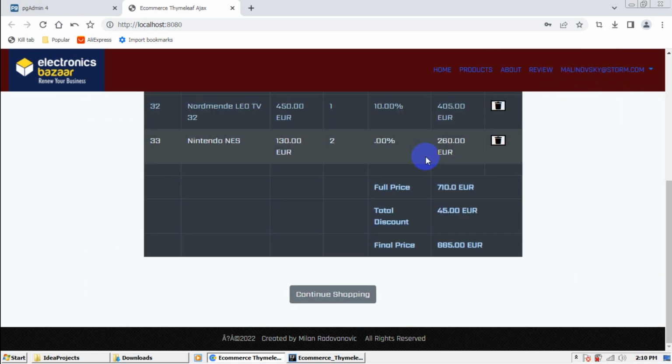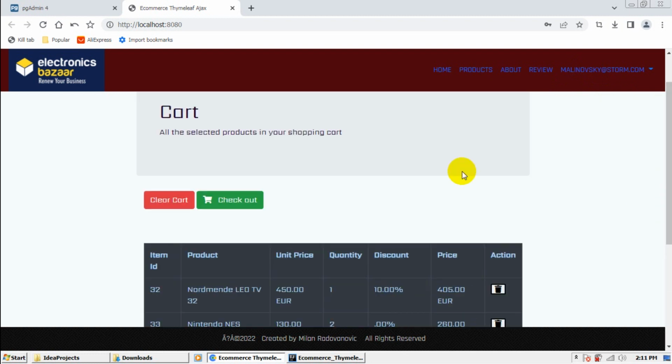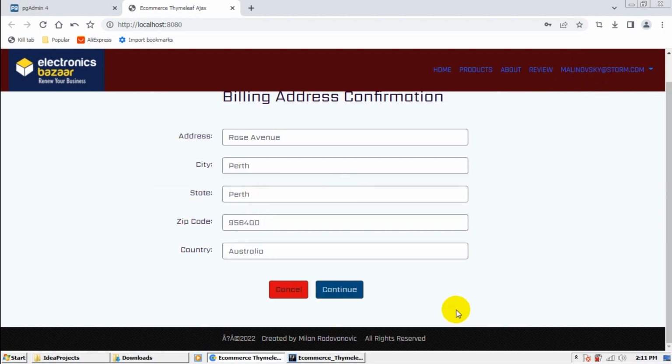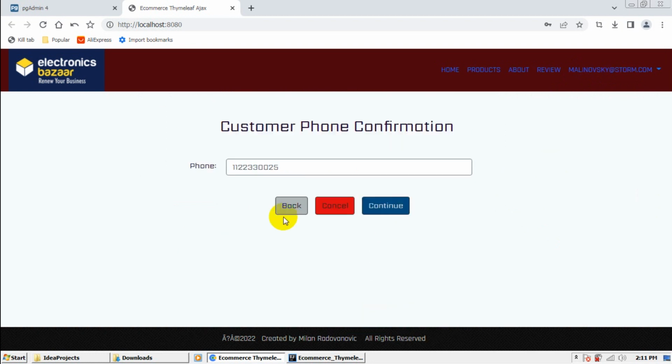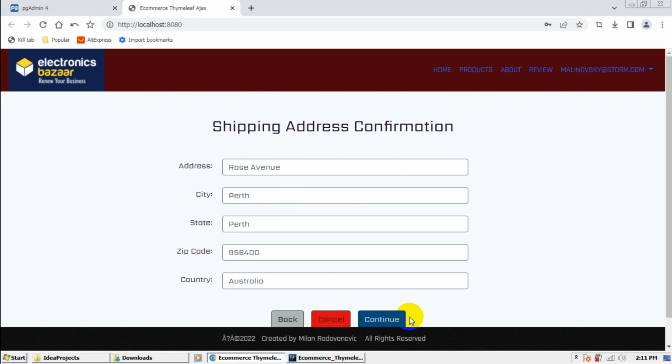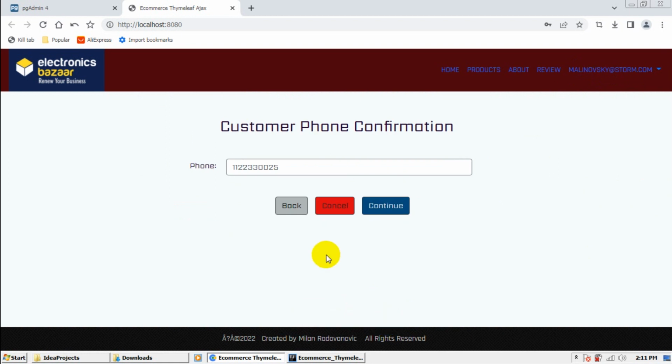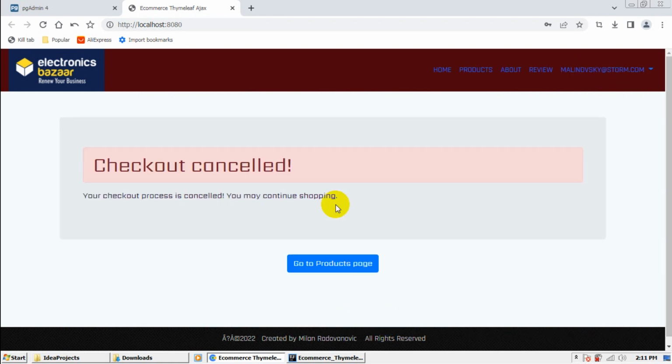Let's go to the cart. We have 1 Normande TV and 2 Nintendo NES. Let's go to check out. We will not change anything. We just want to see now if the back button is working. Now let's go to continue, and for example, if we want to cancel, checkout is cancelled and the shipment